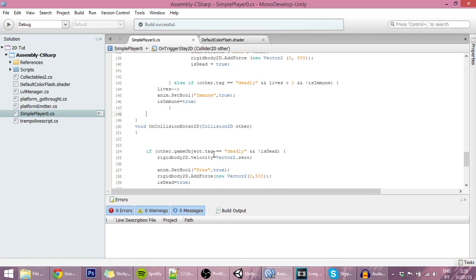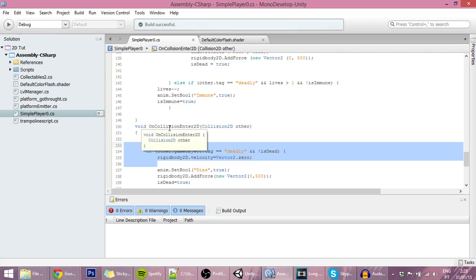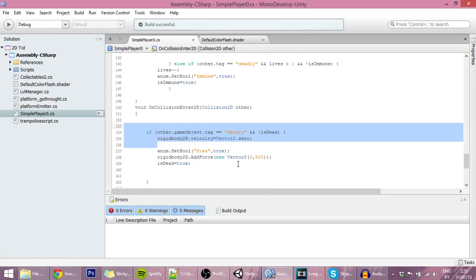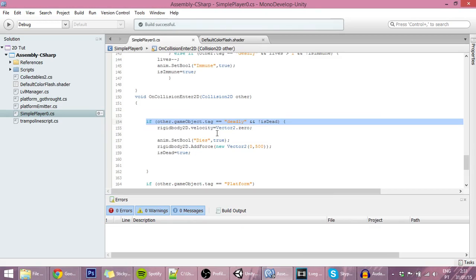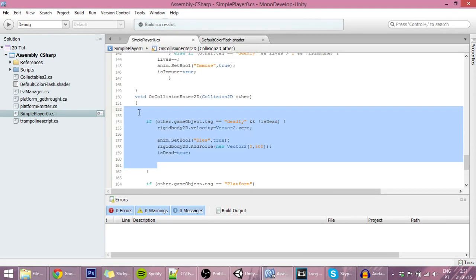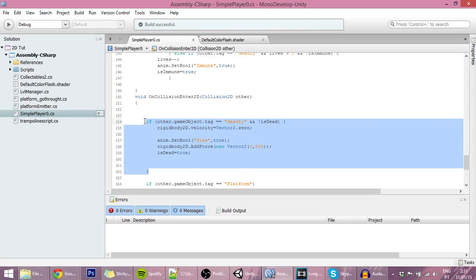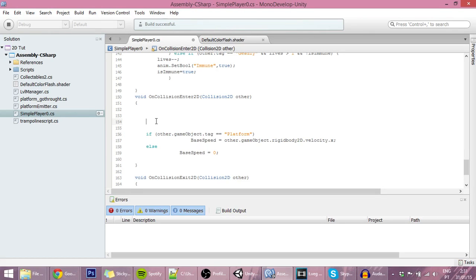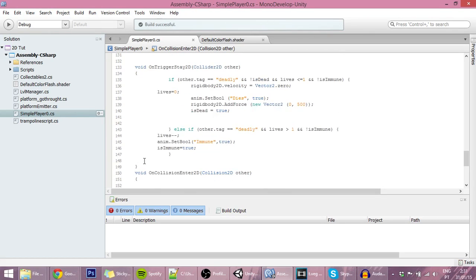But first we have to delete this thing over here, because before when our player hadn't that immune time, he would just die when he entered the collision, not stayed. So we can delete this thing and these two. So we're going to delete all of this code. Make sure to delete this thing over here. So also like that. Save,